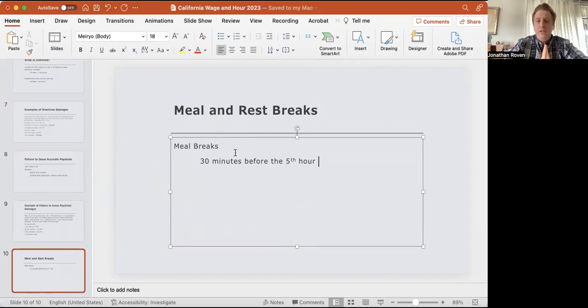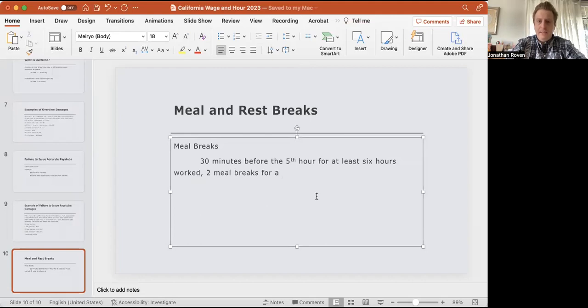You could have waivers, different types of notice, different types of cures. But this is a basic big picture concept: 30 minutes before the 5th hour for at least 6 hours worked, and then